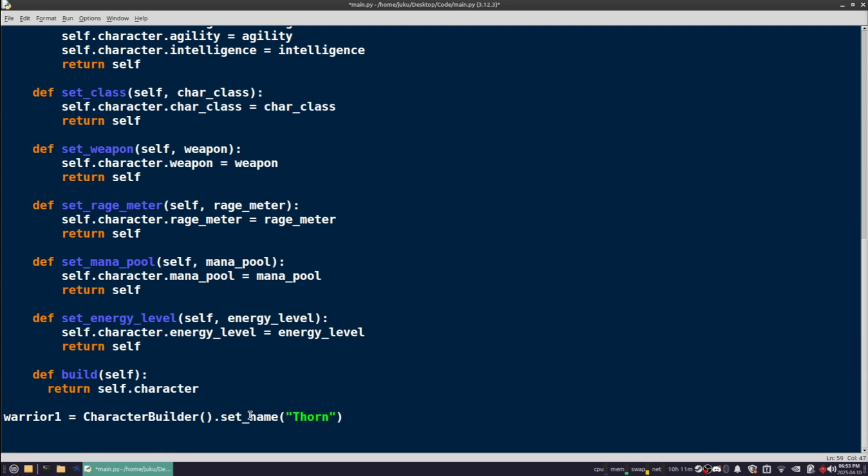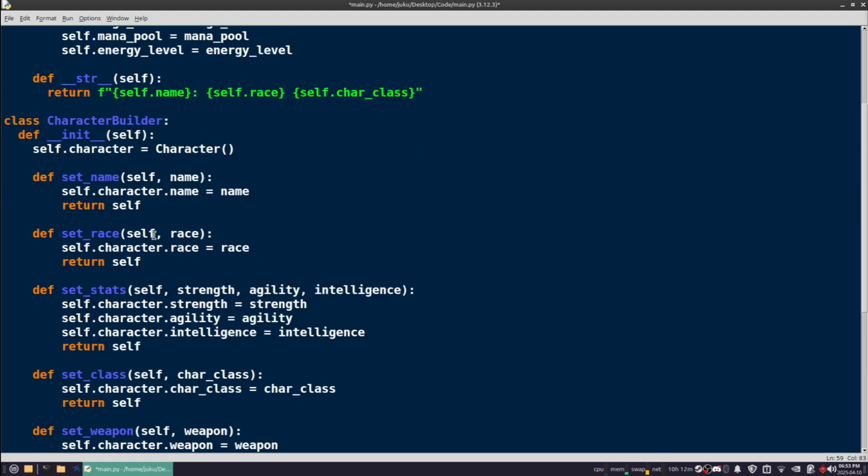And then because this method returns a character builder, it returns self, we could then chain it and do another one. So dot set race. Race, if I could spell it. And then dot set weapon, sword,